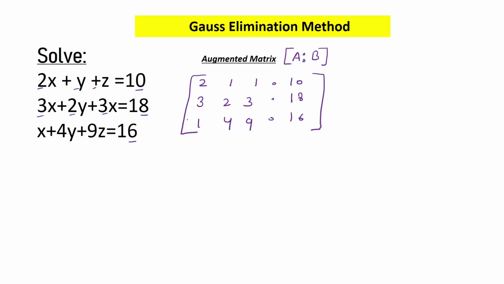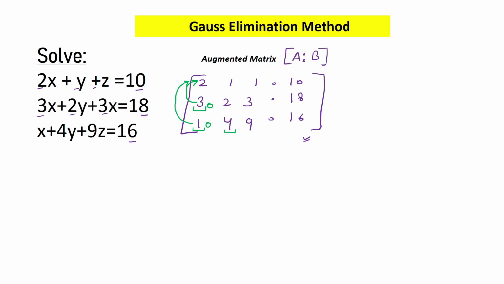Now what do I have to do? I have to convert this augmented matrix into an upper triangular matrix. And how will I convert that? I will apply various row operations for that. And for the upper triangular matrix, what is our motive? Our motive is to make this 3 as 0, this 1 as 0, and this 4 as 0. Then only all the elements below this 2 to 9 will be zeros. As I said, this 3 has to be made 0 and this 1 has to be made 0. While making this 3 and 1 zero, we will take the help of row number 1 for making these 3 and 1 zeros.